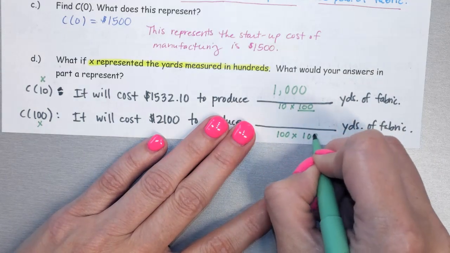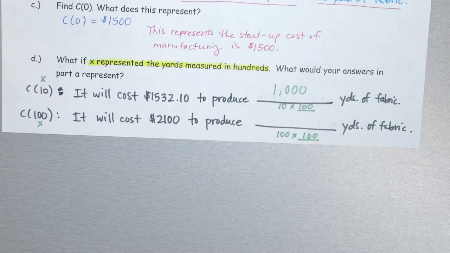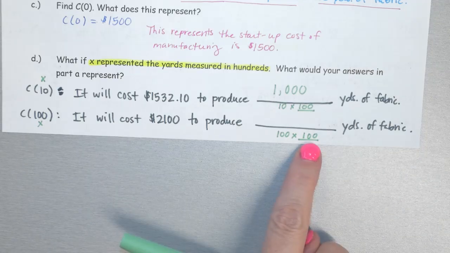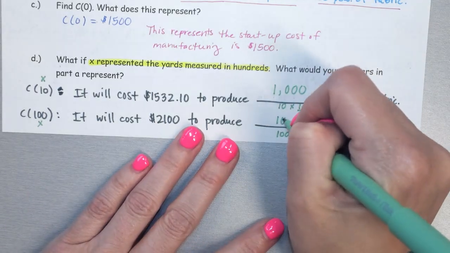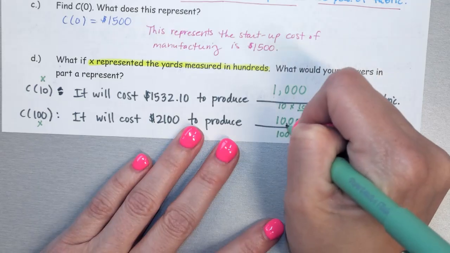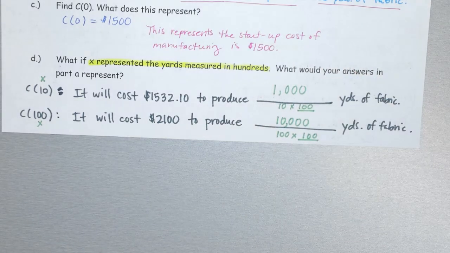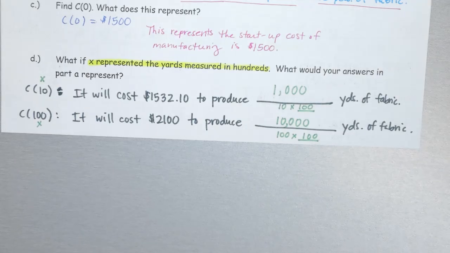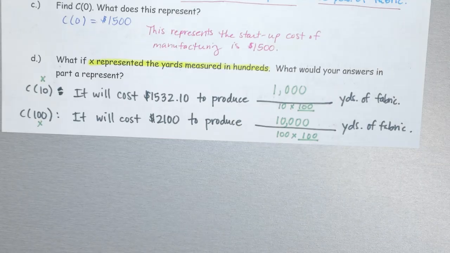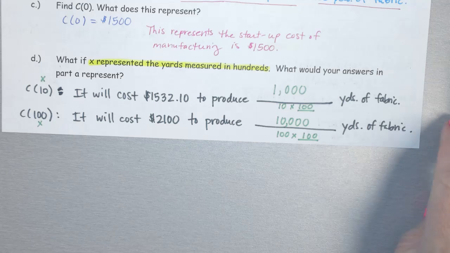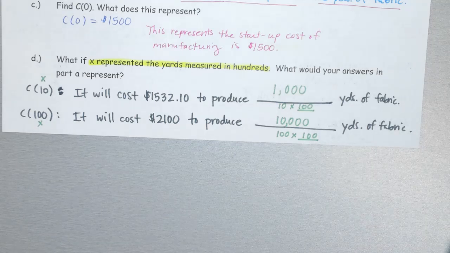So your input's 100, but it's in hundreds, so we're going to multiply those together. Again, when you're multiplying that, if there are 2 zeros here and 2 zeros here, you're going to have a total of 4 zeros. Then you just put your comma after the 3 from the back. So it should be 10,000 yards of fabric. Okay, so it doesn't change what you plug into your equation. It's only going to change what your answers represent. Okay,